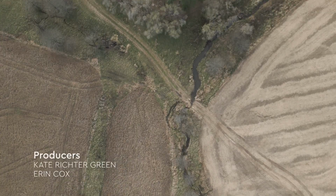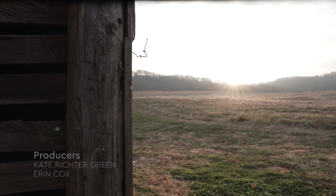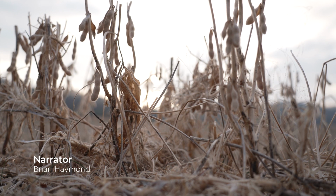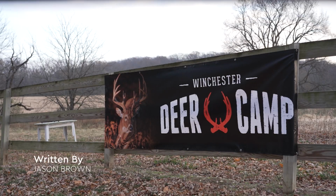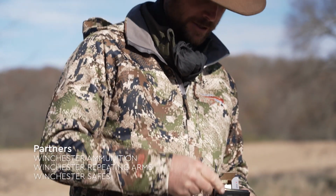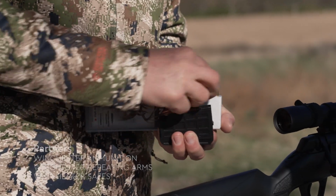Opening day of deer season in the Midwest is a magical time. The gathering of friends and family at deer camps fuel the traditions set forth from generations past. In Pike County, Missouri, this group of deer hunters have the privilege of testing a new cartridge from the folks